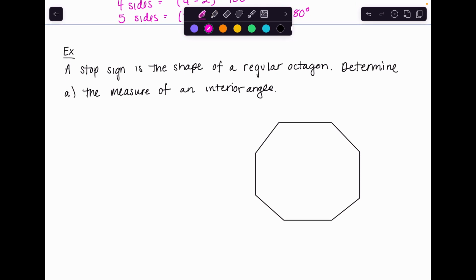So interior means I'm trying to figure out what is one of these angles going to be for a regular octagon, okay? So that means all of these angles are exactly the same. I know my picture doesn't necessarily look like it's regular, but that's because I had to draw it by hand. So my goal is to figure out what does this angle measure out to be. But again, they are all exactly the same. So what I need to do is I need to figure out in total, what do these 8 angles add up to? So the total sum of the interior angles